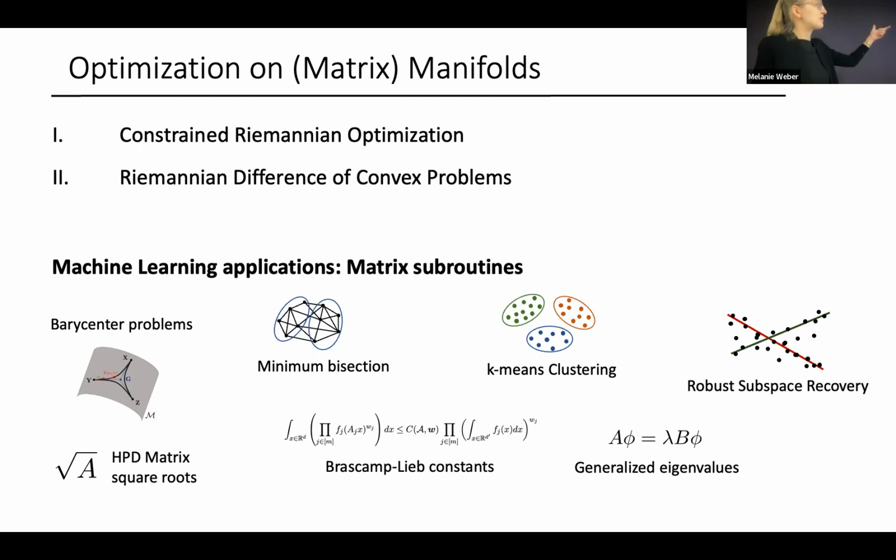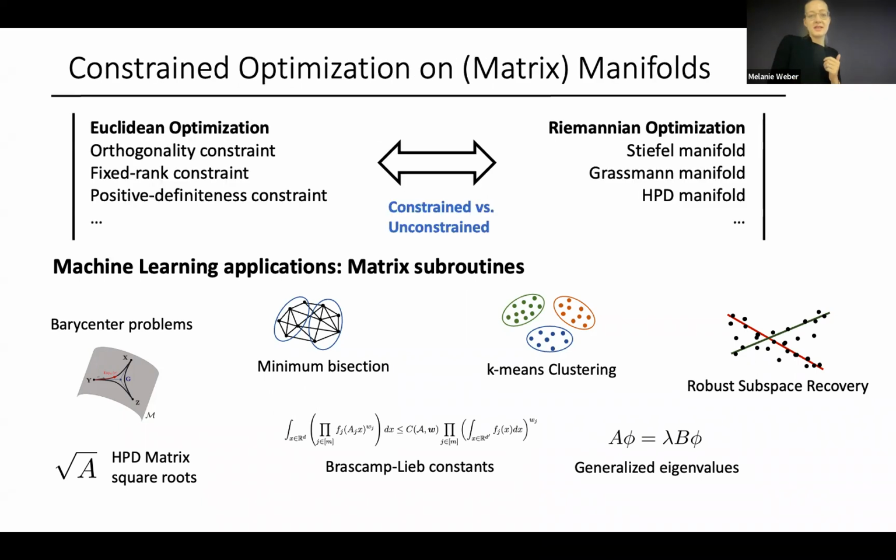The two types of problems that we want to look at in this talk are constrained optimization, where we have additional constraints that require that our minimum lies in a specific region of the manifold. And then also we might have objective functions that are a difference of convex functions, and that's another structure that we can exploit. Historically, actually, these matrix manifolds, even apart from appearing in many machine learning settings,